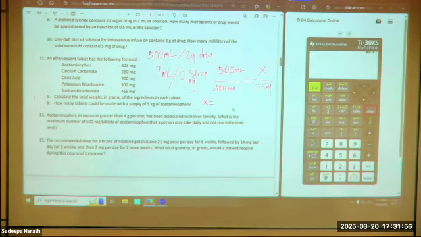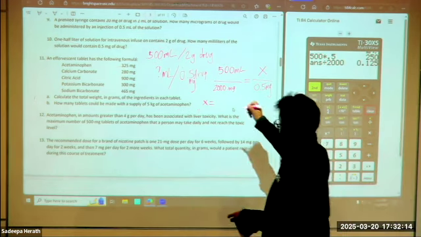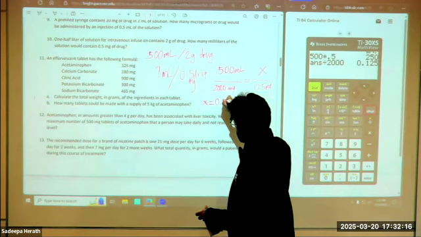So solve for x, we're multiplying 500 times 0.5, so that's 250, and then divided by 2,000. 0.125 ml,